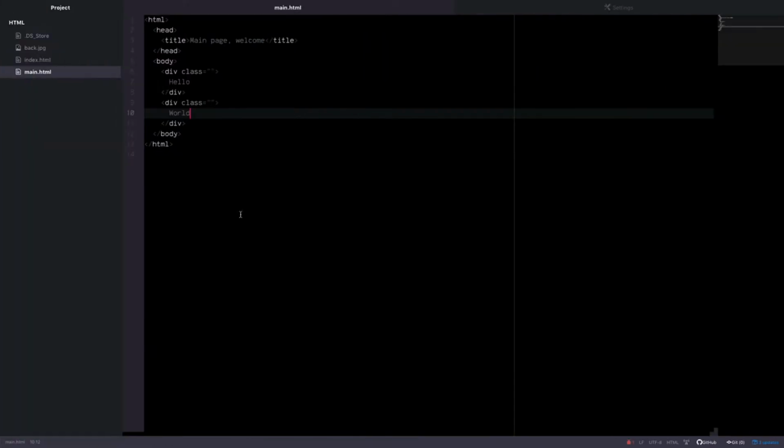Now, you might expect that it would say hello world on the same line, but if you take a look, it does not. The reason for this is because div tags are block elements. There are two main types of elements, although there are many other ones. They're called block and inline elements. So div tags are block elements, so that means that they take up the entire horizontal space of the page,